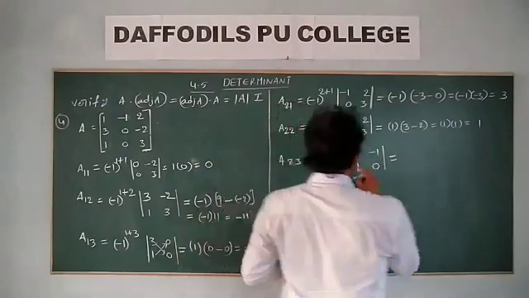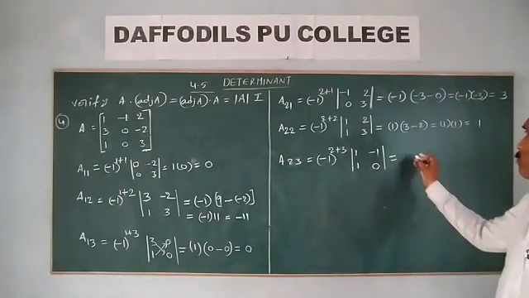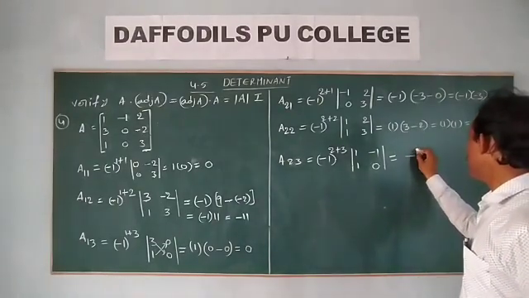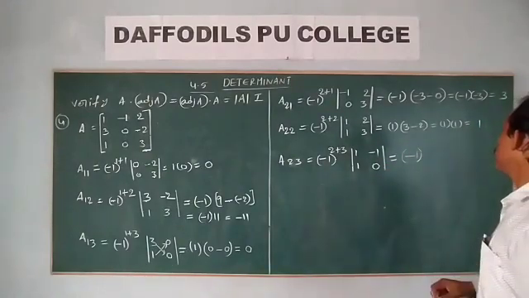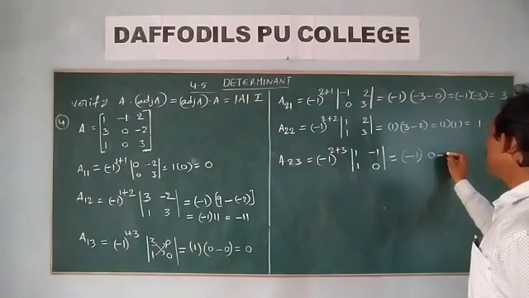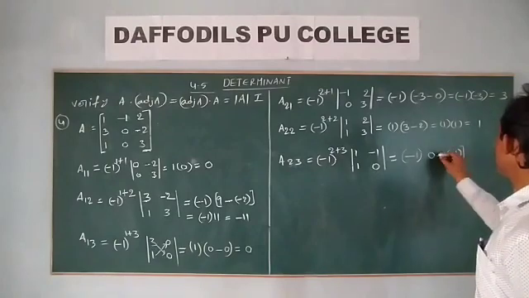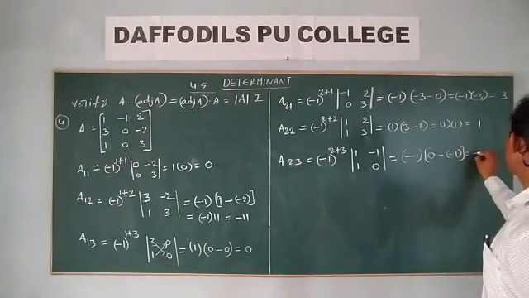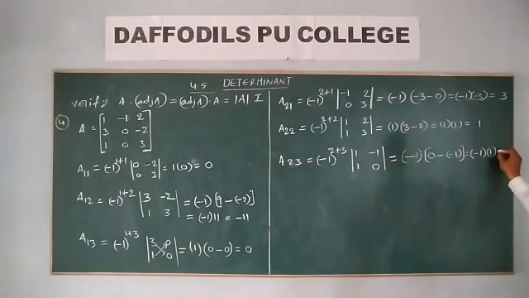This is equal to minus 1 to the power of 2 plus 3, a minus value, times (0 minus 1 into minus 1), which is minus 1 of plus 1. So finally this value is equal to minus 1. Next one,